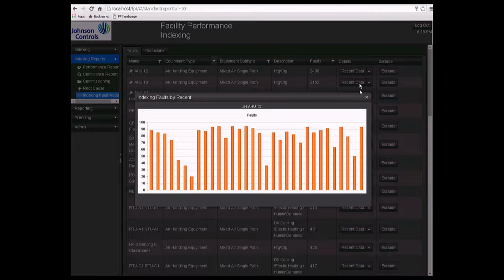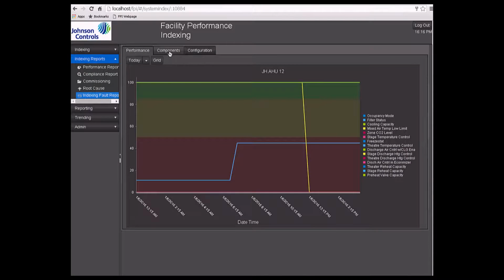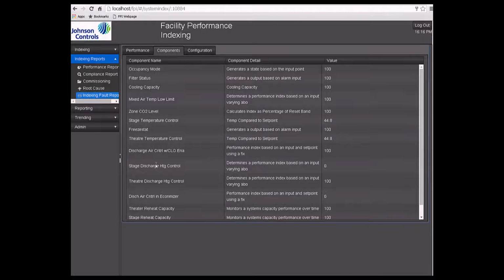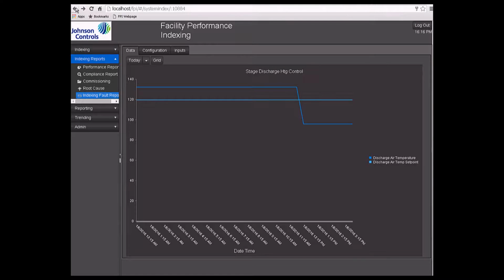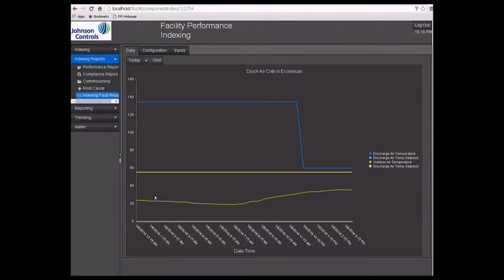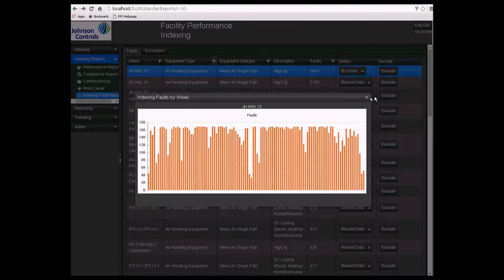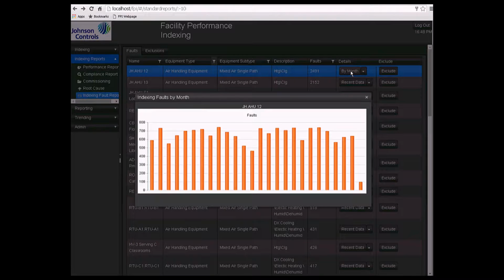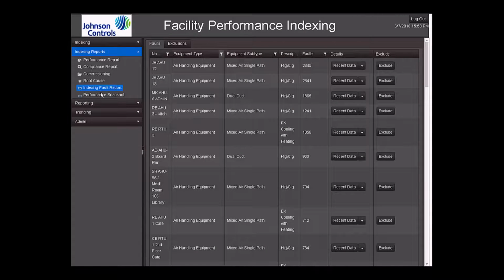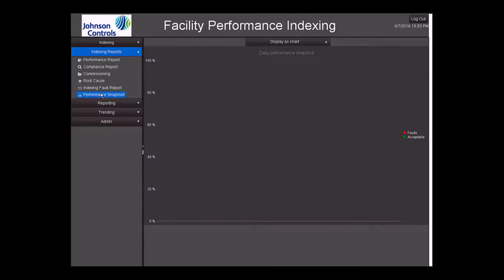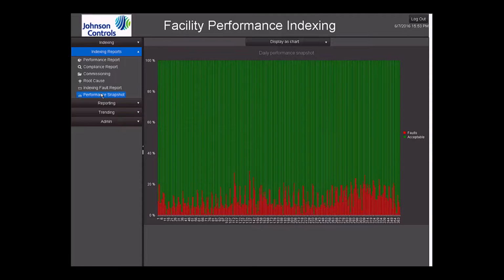The recent data chart summarizes how many data samples per day contain faults out of the 96 analyzed data samples for that day. Clicking on the system will enable you to identify the faults and take action to fix them. You also have the ability to look back at weekly summarized faults, covering 52 weeks, and monthly summarized faults, covering 24 months. The final indexing report is the Performance Snapshot Report, which provides the user with a progress report based